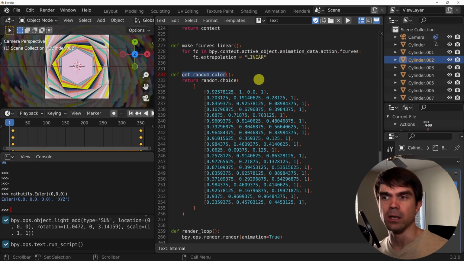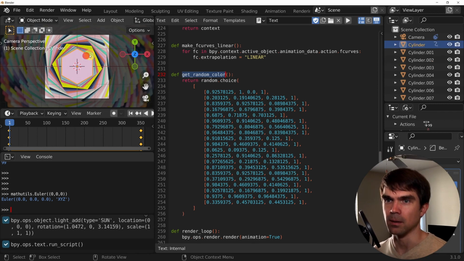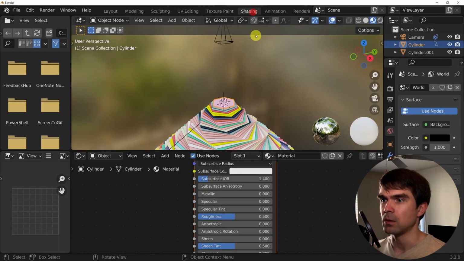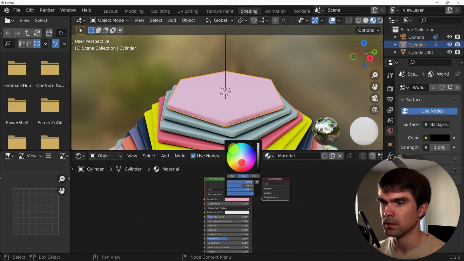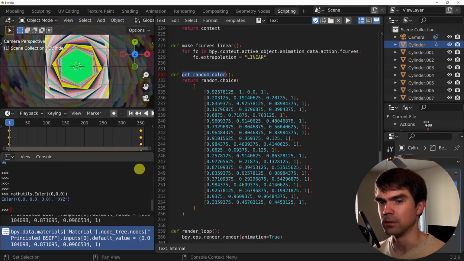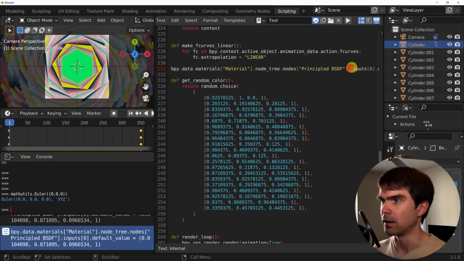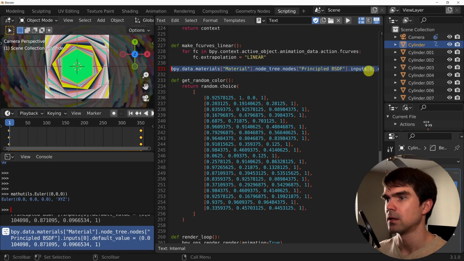Also, please experiment. At least if you're not going to experiment with anything else, try to experiment with the colors and get another palette. So how would I get, for example, this? I could go into the shading workspace, right? I'm gonna maybe update this color to this, and then go back into scripting. And if you look into the info panel, it actually gives you the result that you modified.